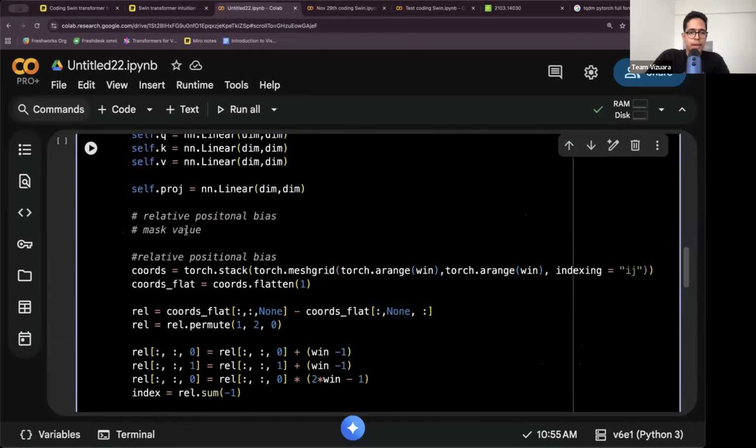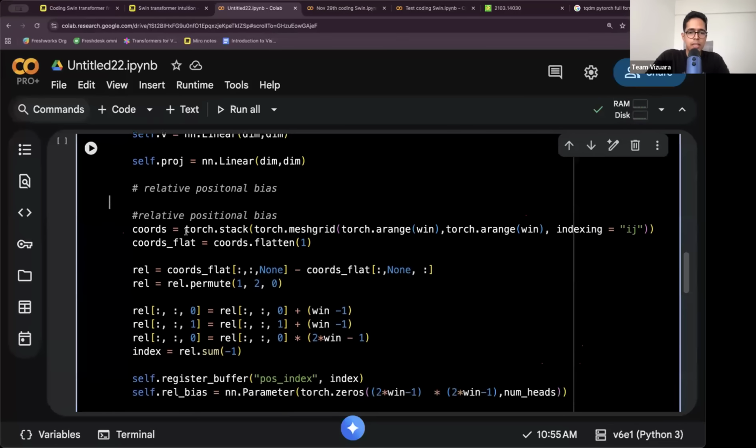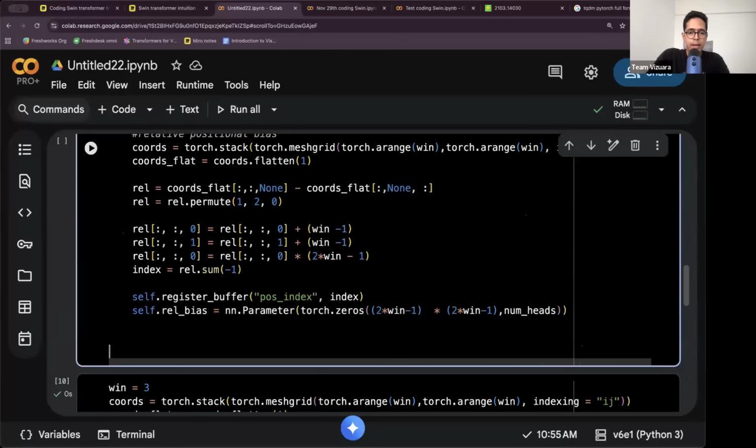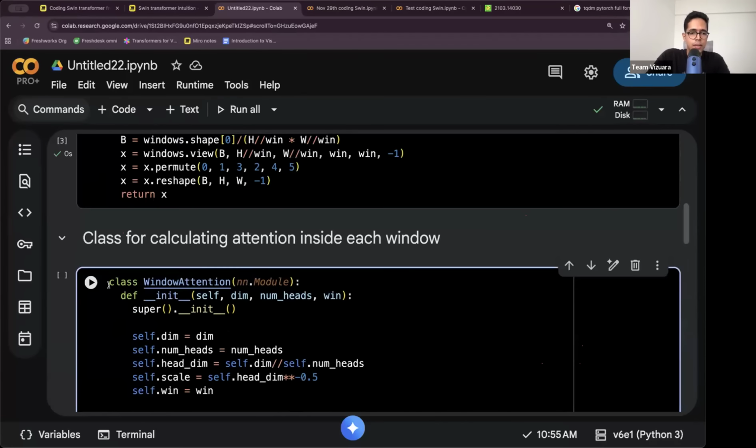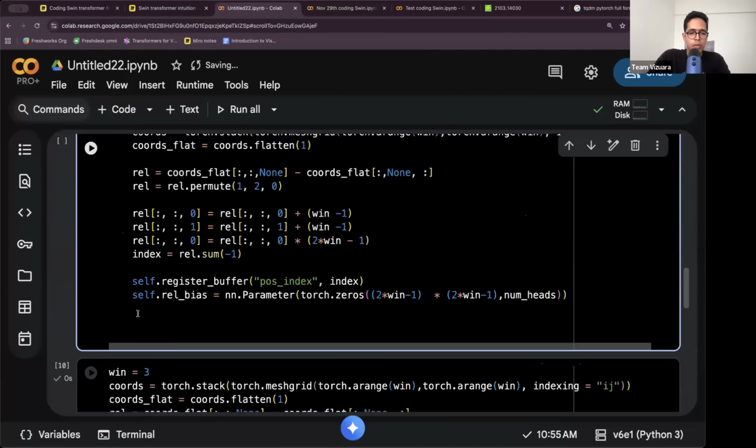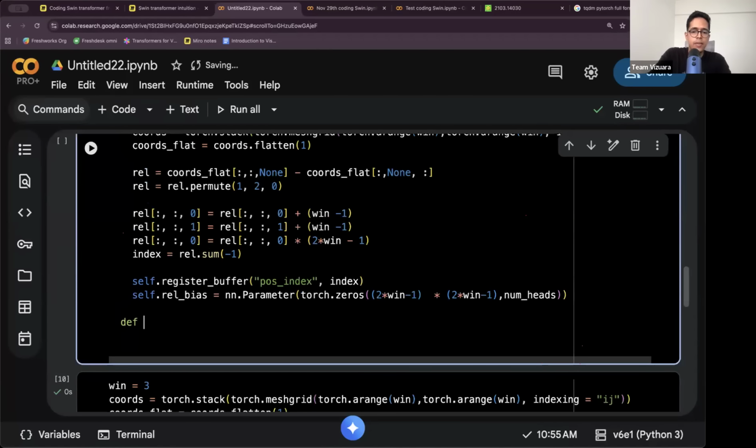One thing we have not defined yet is the mask. We'll define that a little bit later. So that is the window attention class. And now we can define the forward pass function. So define forward, and into this we usually pass self comma x. And if anything else is passed, we can pass that also. So here actually we can pass mask,